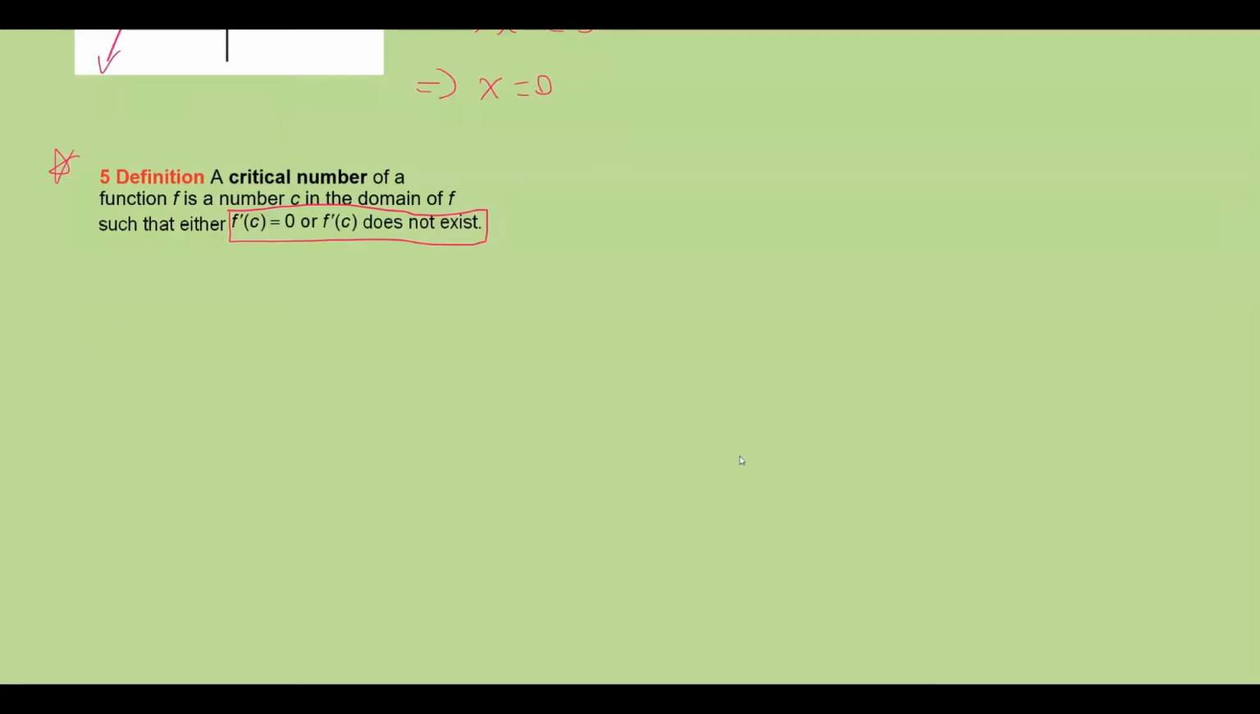And this means if we combine Fermat's theorem and the definition here, definition 5, we can say the following. If f has a local max or min at c, then c is a critical number